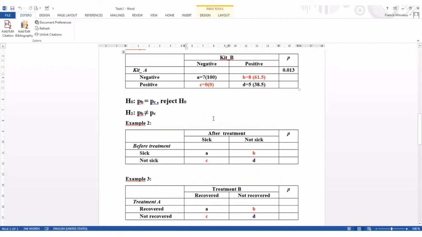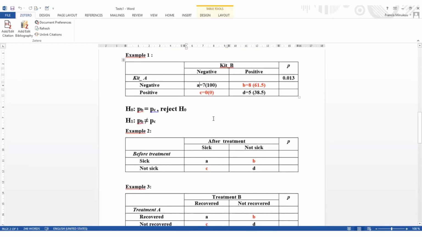Remember that the variables must be qualitative, in other words, nominal or categorical, and they must be paired, and they must be dichotomous, for us to have the 2 by 2 table and for us to be able to